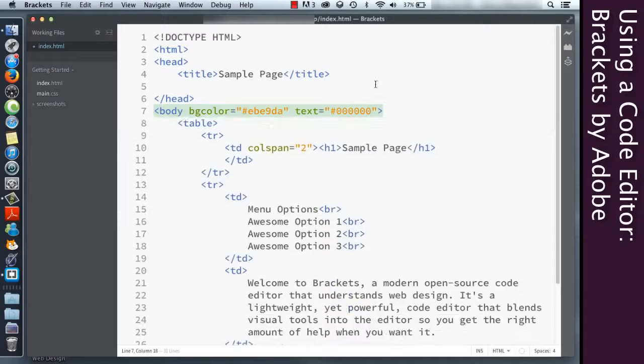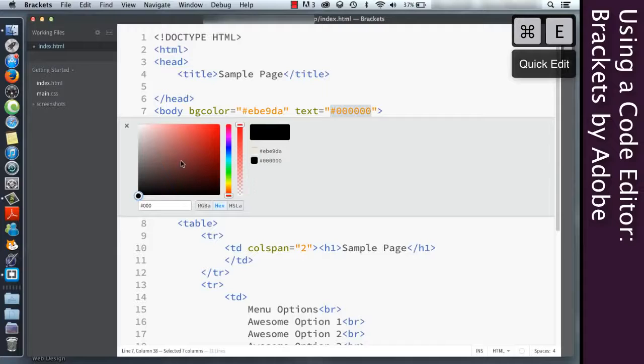So I'm done with this. I'll go ahead and click on this one. I could right-click, or I could also use my hotkey. So on a Mac, Command E, and PC users, you're going to be looking for Control E. And what color do I want with that? I'm going to go with like a deep purple.